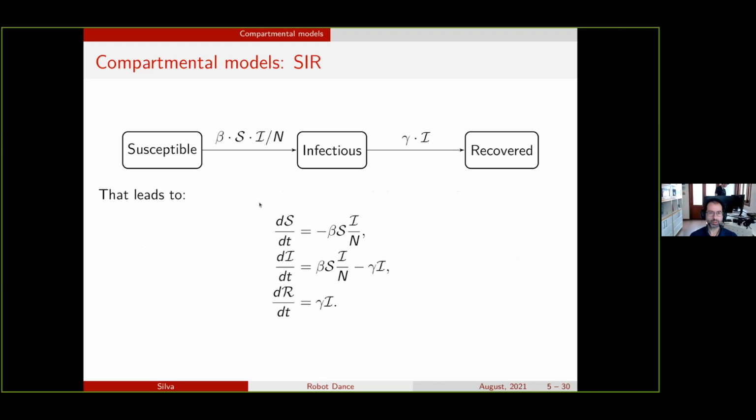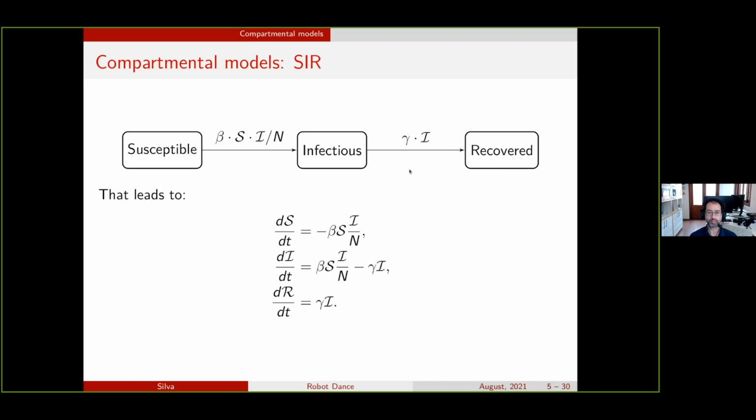So the simplest model is the SIR model, the susceptible, infectious, and recovered model. And here you divide the population into three groups: people who never had the disease, people who are already infected and are transmitting the disease, and people who are not transmitting the disease anymore and are recovered. Since there is no arrow pointing from recovered back to susceptible, we are assuming for the sake of the simulation that people who are recovered are not susceptible anymore. So you are assuming that this is the kind of disease that creates some kind of protection for the person who got it.